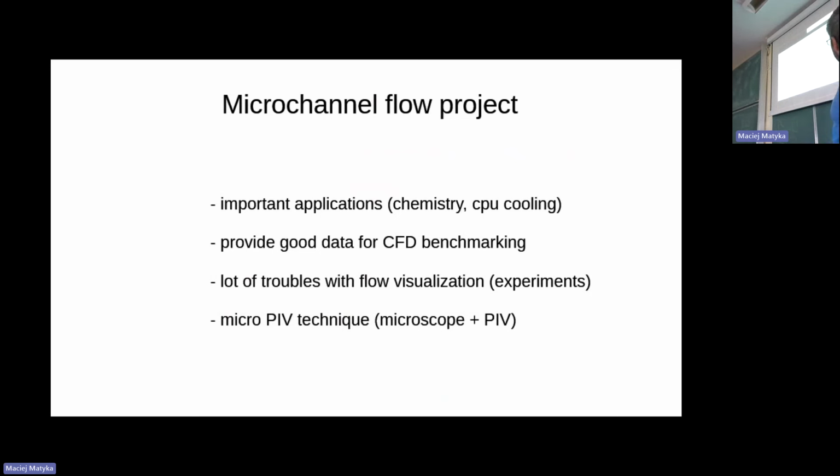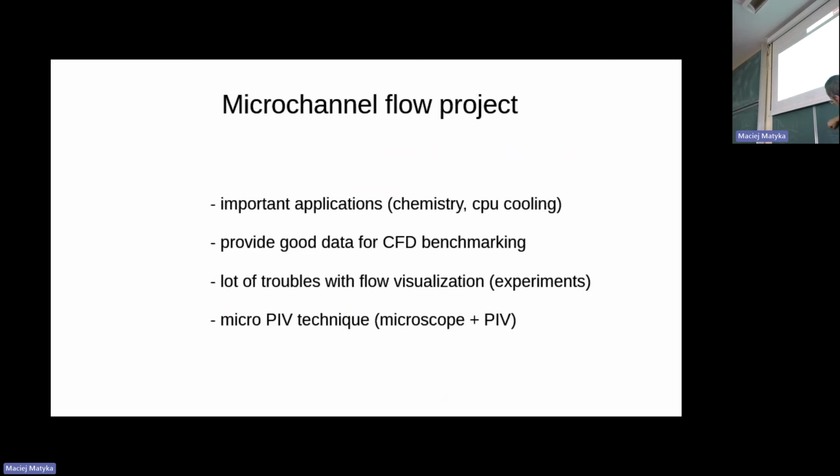There are applications of FHP that we used for comparing into the microchannel flow. We wanted to check, okay, that's about the microchannel flow project. In this project, we wanted to check whether FHP is capable of calculating a real flow and compare this directly to the experiment. So microchannel flows are important for applications such as chemistry, because we have a microchip in which